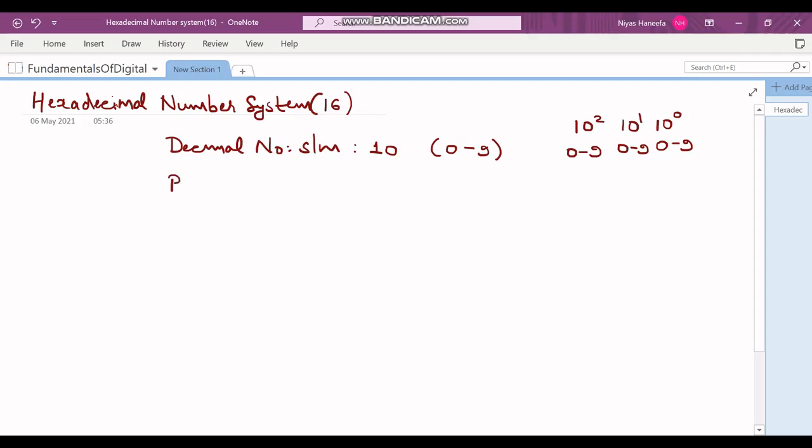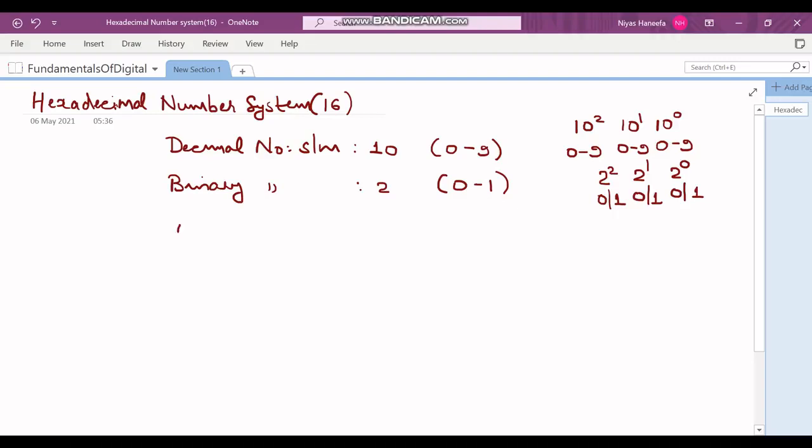Similarly, in the case of the binary number system, the base is 2. So the symbols which are going to be used are only 2, 0 or 1. So 2 symbols are there. In decimal, 0 to 9, total 10 symbols. So here also, in the lowest position, the weight of that position is 2 raised to 0, and the symbols that can be used are 0 or 1. Then the next position is 2 raised to 1. Again, the symbols used are 0 or 1. Next position is 2 squared. Again, it is 0 or 1 and so on.